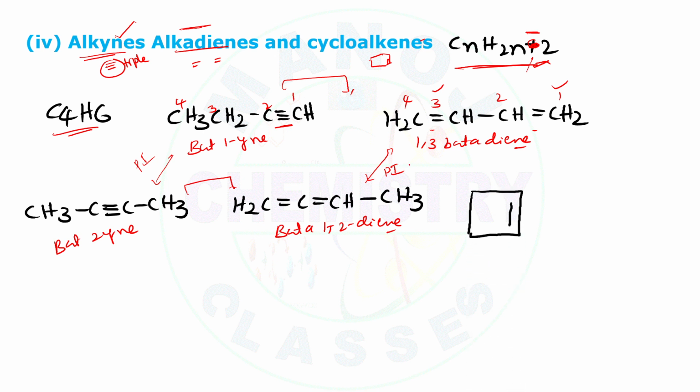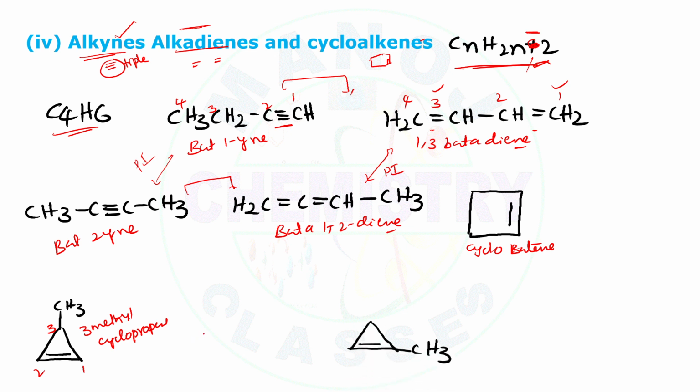So I would like to write one more example. This one is a cycloalkene, cyclobutene. I can write it as a cycloalkane. I can write one more example as 3-methyl cyclopropene, because here I have to mention 1, 2, 3, the positions of the carbon atoms.